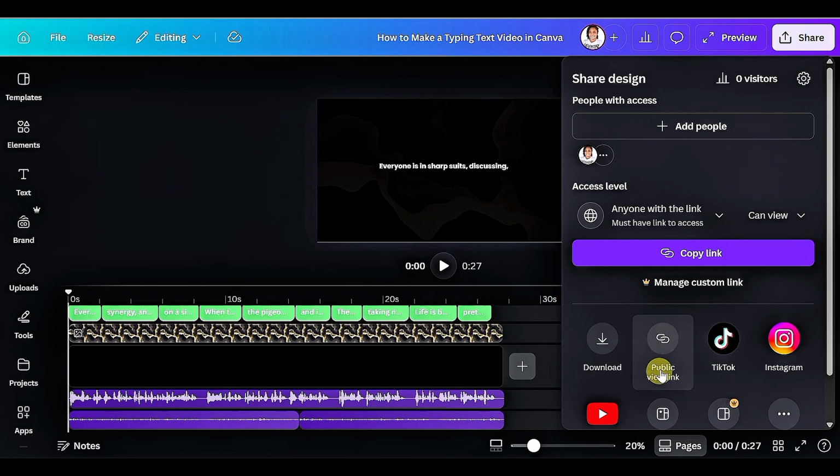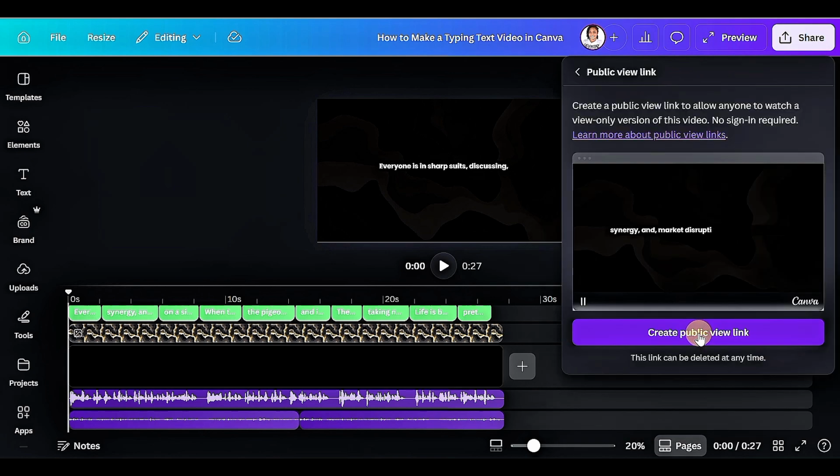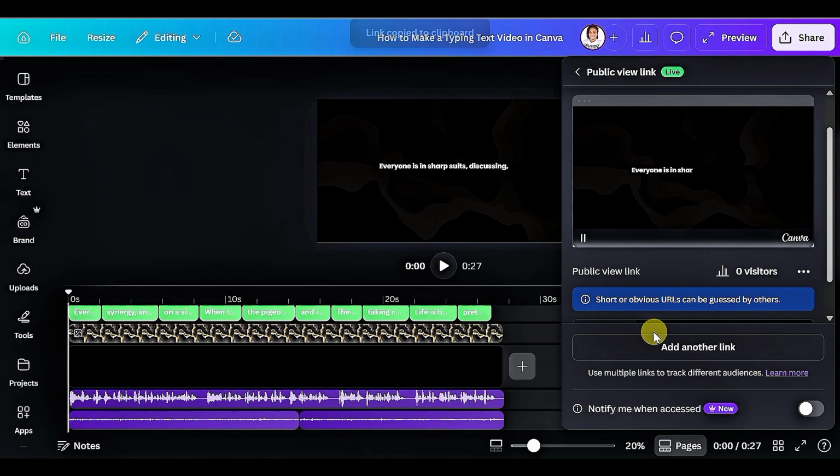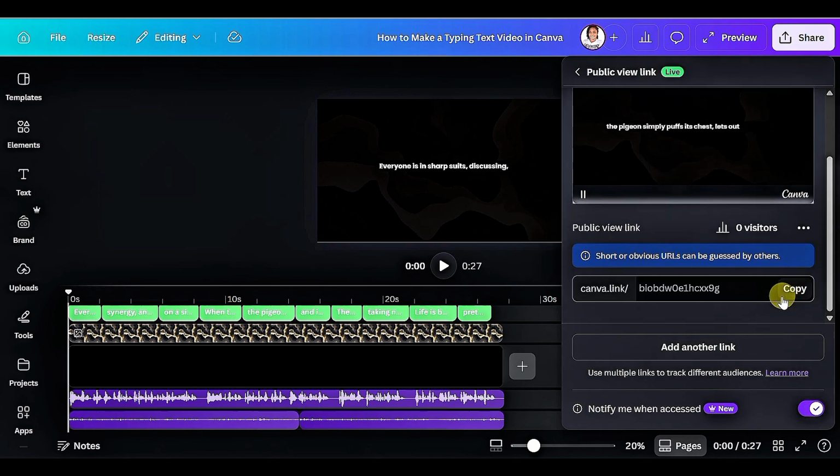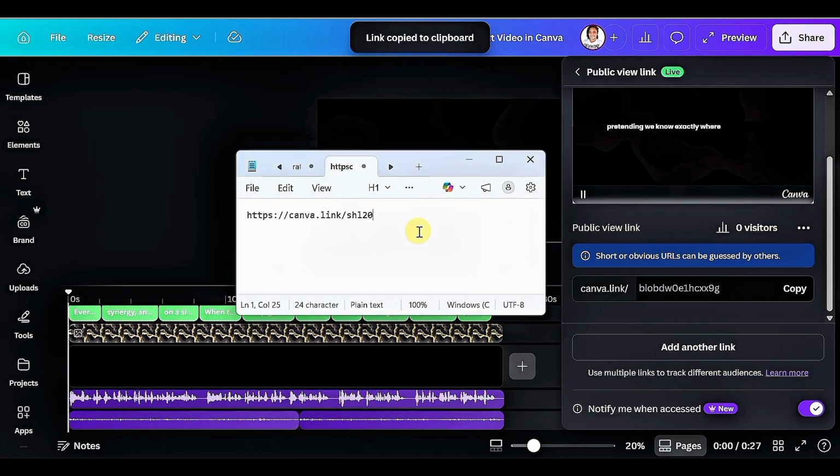If we click on public view link and you click on create public view link, you can also turn on that you should be notified anytime this link is accessed. You can turn this on, which I like a lot, and you can now also do the same thing, create a short link for the same here. Or if you like the suggestion you have, you can click on copy this, and this goes for also the same link. So this is the one for the public view link, and this is the one with anybody can